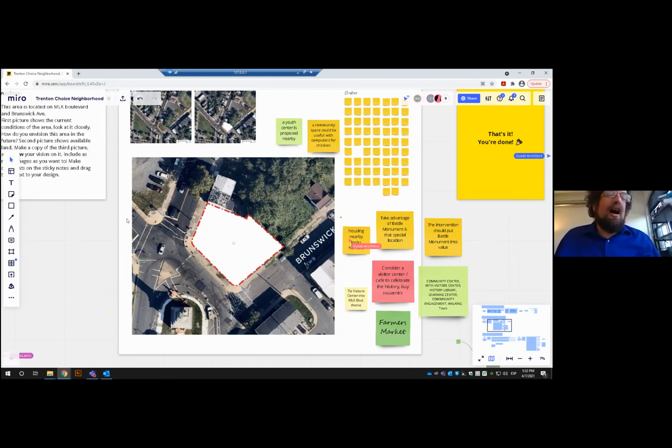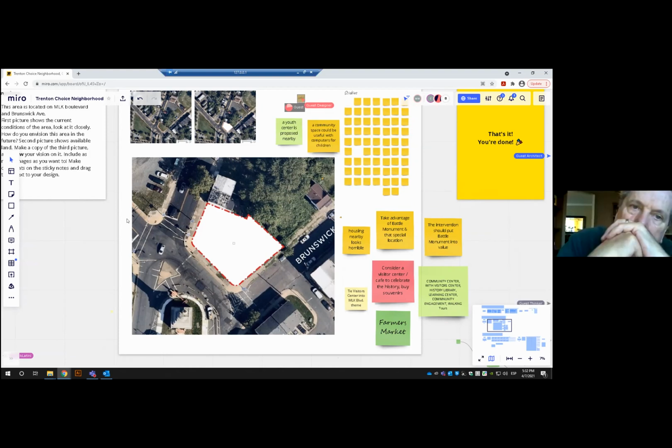That's an excellent point. And I do want to say, though, that you have your set of regulations of what you can do. You have your planning, your zoning rules, and you have your redevelopment plans. And then sometimes the developer will come in and say, well, we want to do something different. And they'll ask for what's called a variance. So they'll say, we want to do something different, and we'd like to get permission to do that. And they'll ask for that variance at either a planning board or a zoning board meeting, and try and get that permission. And then it's up to the planning board or the zoning board to decide whether or not to give that variance.